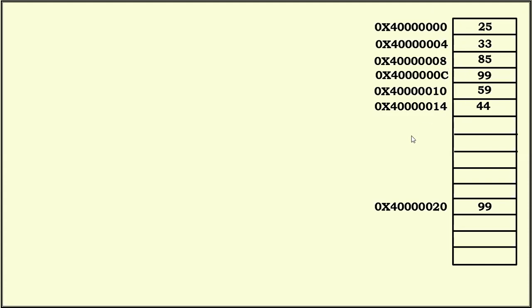Here n equals 6, therefore we require 5 comparisons. What is the size of each number? That is 32-bit. To make it simple, I consider only one location. The starting address of the first data is 0, the starting address of the second data is 4, the third data is 8, which means we have to increment by 4. According to this example, the largest of these numbers is 99. Then we have to place the result in this location. Therefore, I'm going to explain the program.